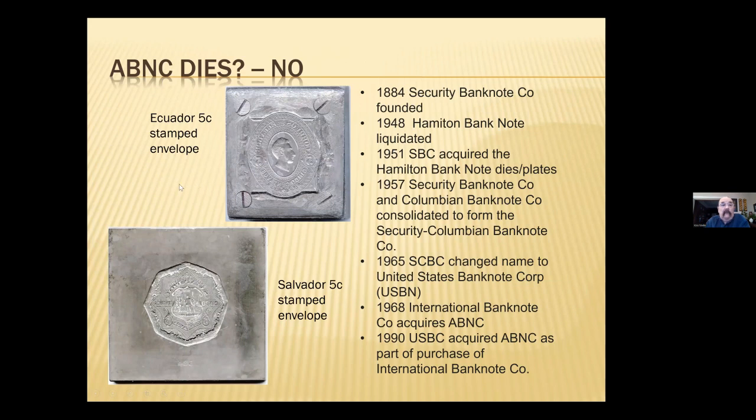So a couple of years ago, a bunch of dies showed up and were claimed to be American Banknote Company dies. And as many of you will notice, you've got this Ecuador die and the Salvador die for stamped envelopes, and no, these had come from Hamilton Banknote Company. And the question is, were these really ever in the hands of the American Banknote Company? And to understand